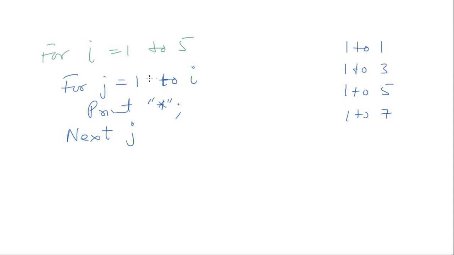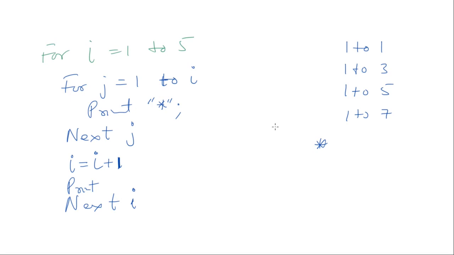First loop is running for sure correctly. I is 1, 1 to 1, and it produces 1 star, right? Then what it does is he says that I is equal to I plus 1. And then a dummy print to change the line and next I. Now I am just asking, what will this produce? It's a program which is going to run. Who can tell me what it will produce? And mind you, don't go to the comp and type it out, okay? Please don't do that. Be honest over here. What is it going to produce?